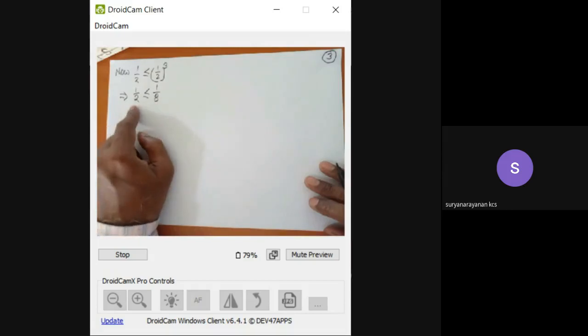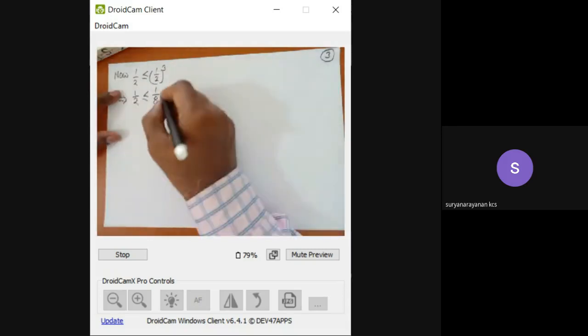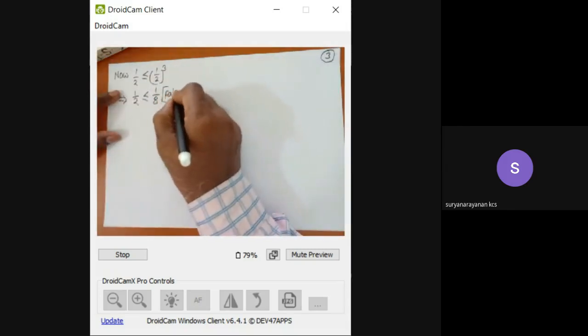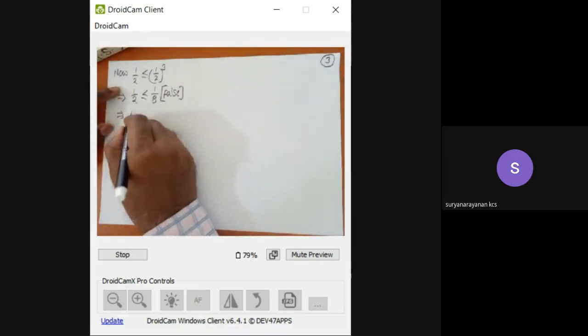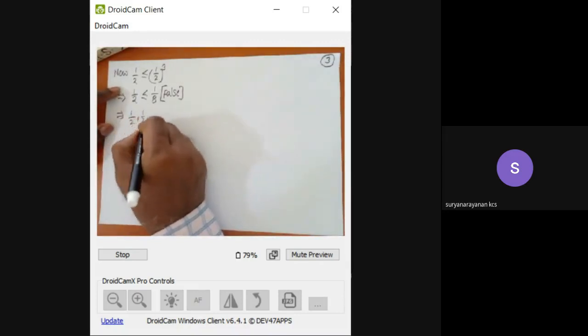The smaller the denominator, the bigger the fraction. But we got it here in the reverse order. 1 by 2 is greater than or equal to 1 by 8, not less than or equal to. So here we got a false statement. We can create infinitely many counter examples like this. Okay, my children. This implies that the ordered pair 1 by 2 comma 1 by 2